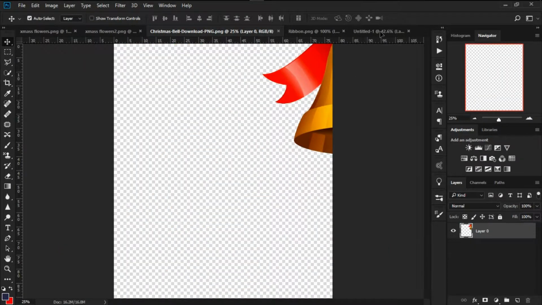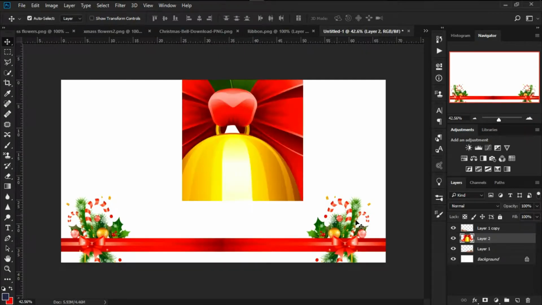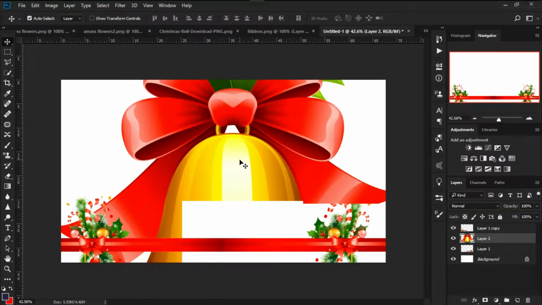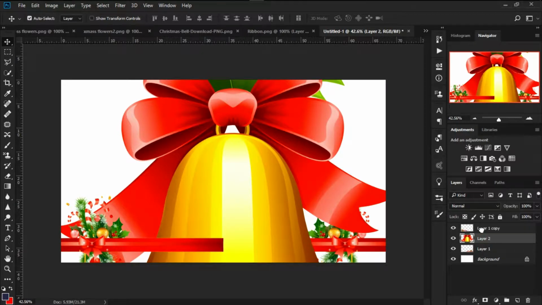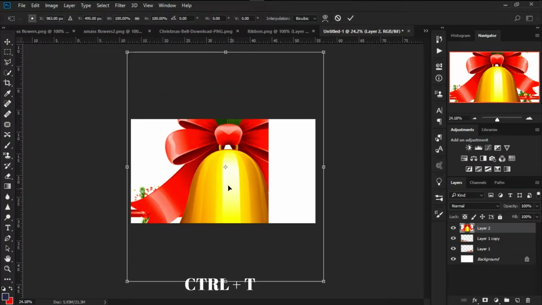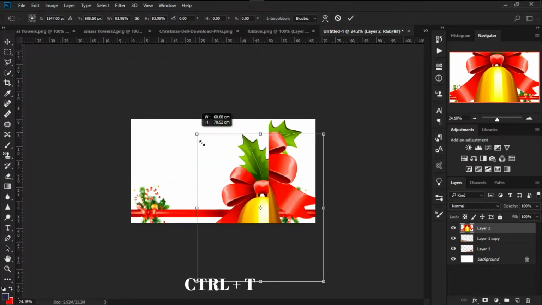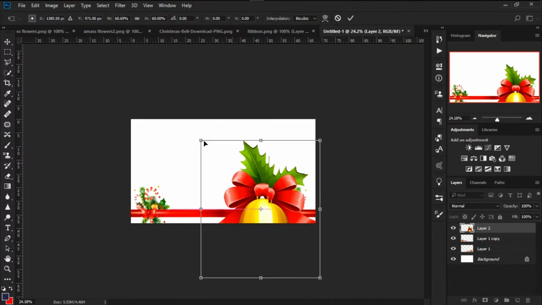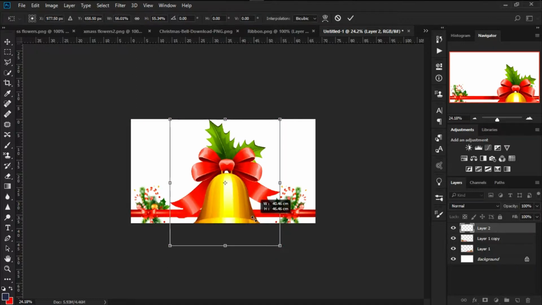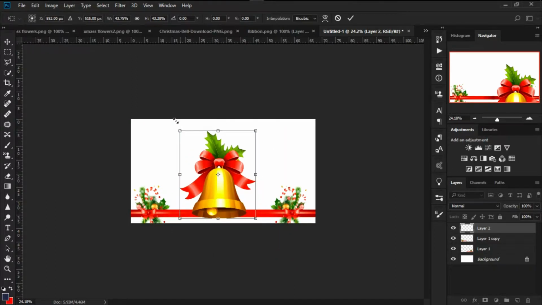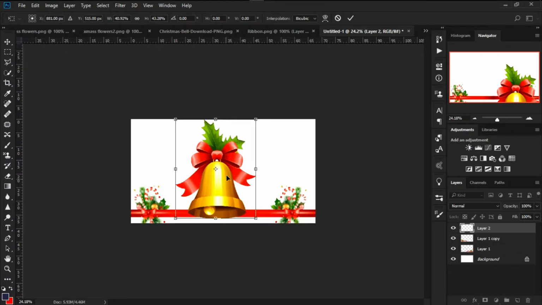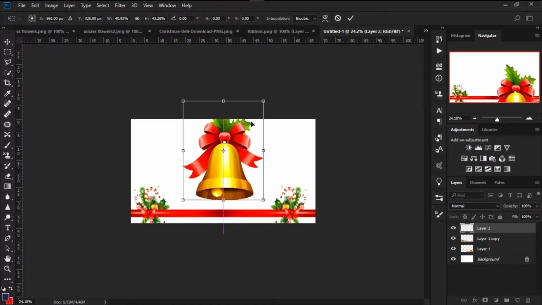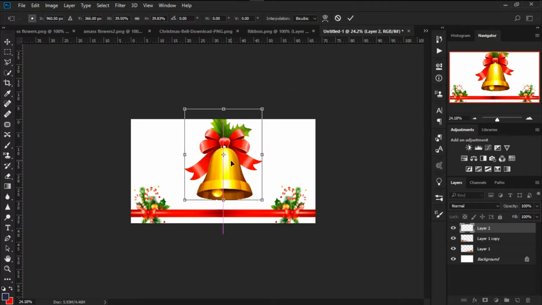Next thing, I'm going to get my Christmas bell. I'm using the move tool, mind you. So I'm going to drag the layer on top, and I'm going to press Ctrl T to resize it. That's the transform tool. I'm going to shrink it a little bit and try to place it where it looks nice. I think that does it. I'm going to press OK,